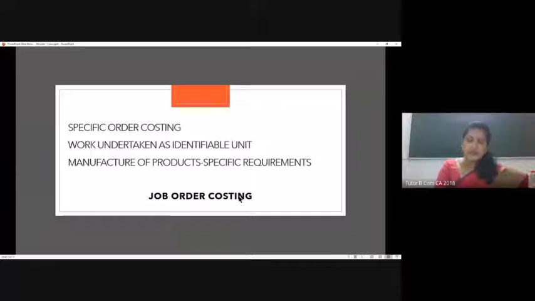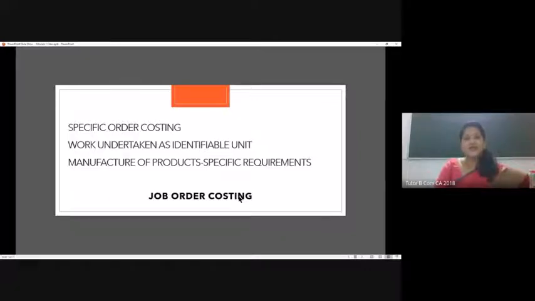And here the production happens as per the requirement. A simple example is you will design a product. Maybe you want a wardrobe for your home. So what you will do is you will share a design with them and ask them, there are different varieties of timber. Maybe you want it in mahogany or teak, or as per your requirement. And then you will ask the manufacturer to quote a price for that job. That is manufacturing a wardrobe.